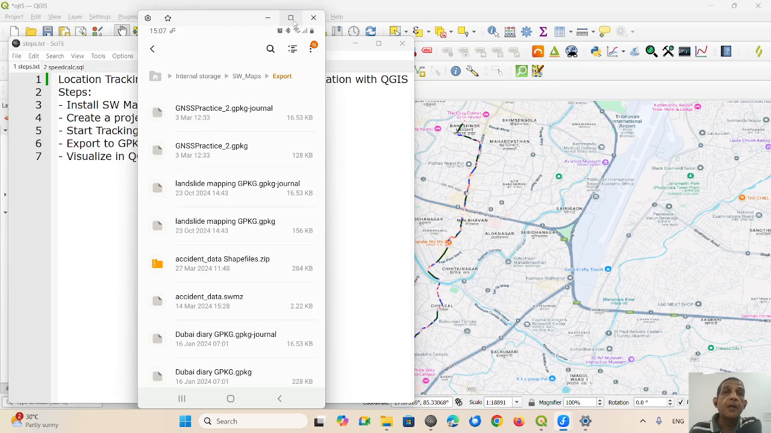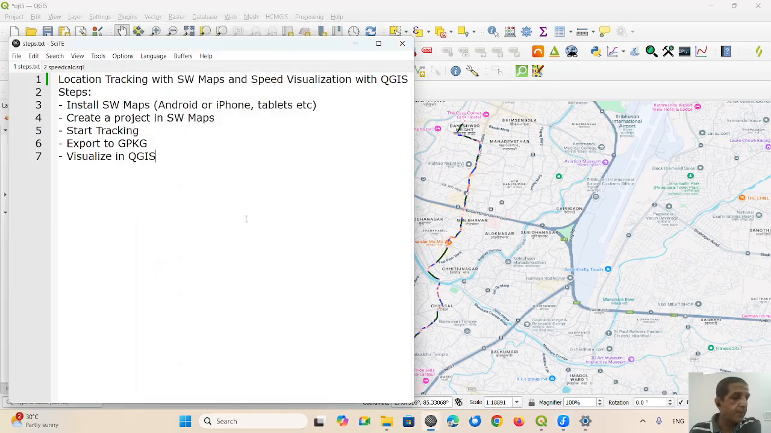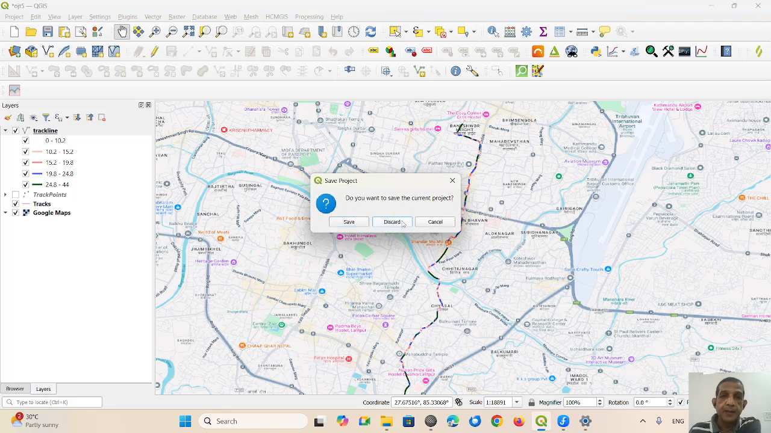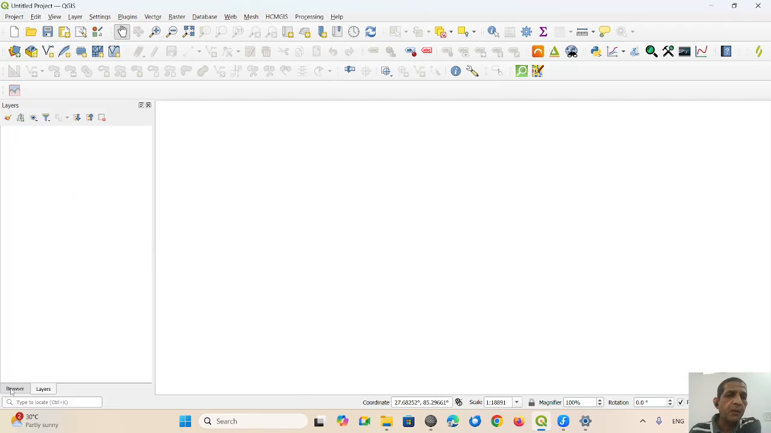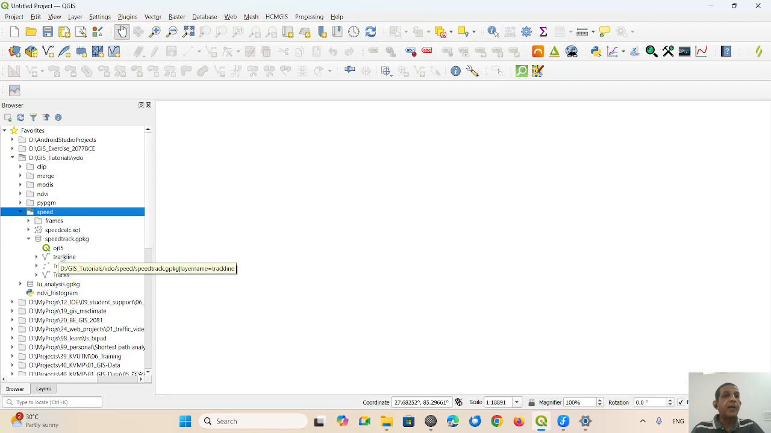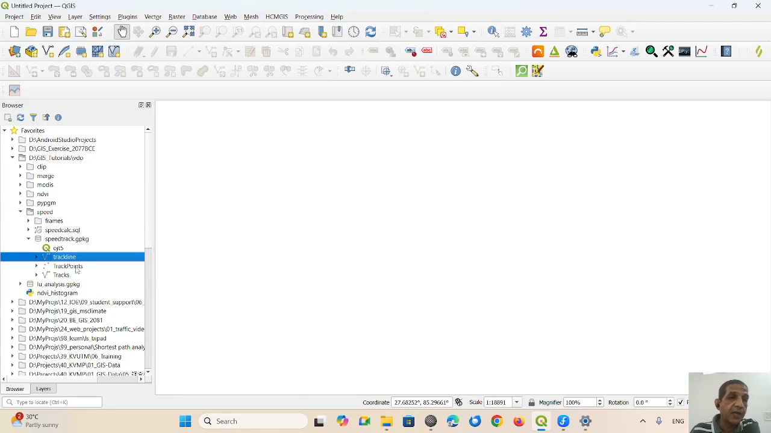After transferring the GeoPackage file to your PC, we can close this mobile phone application, and now I will use QGIS. I will start with a new project, and my GeoPackage file is inside this GIS tutorial folder, and there is speed, and there are two layers inside the GeoPackage, track line, and